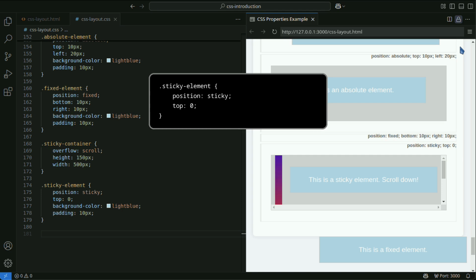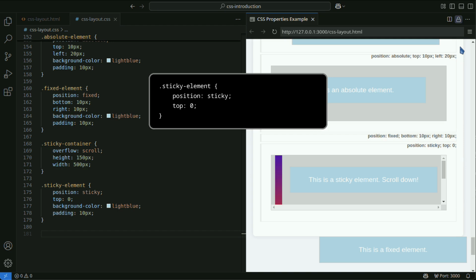In the stickyElement class, position is set to sticky. When sticky is specified, the element is dynamically positioned according to scrolling. It follows the normal document flow, but when the page is scrolled, the element becomes stuck at a specific position based on the specified top, right, bottom, and left values.